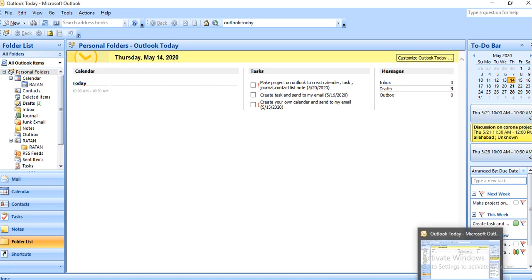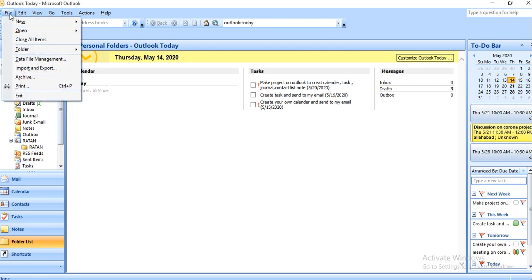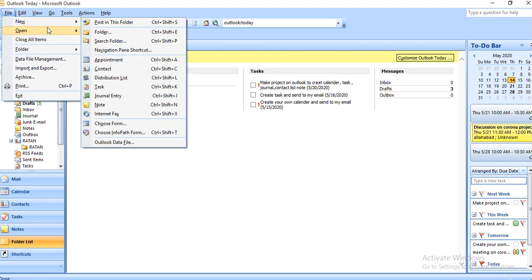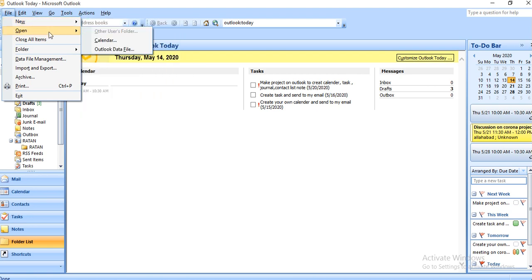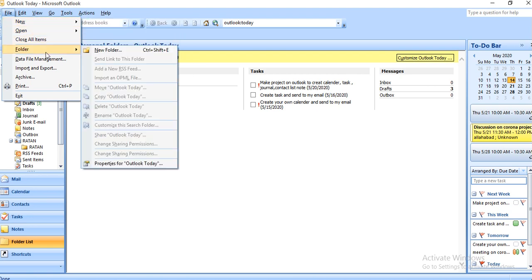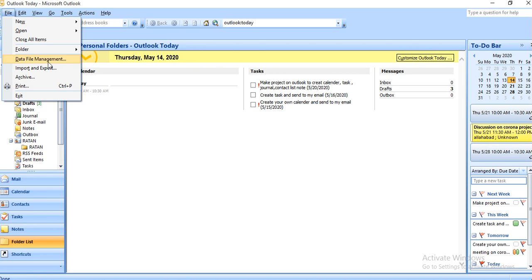From here you start Outlook, and yesterday I told you about the File menu, in which I can open new, open, old, make folder, and data file management, which you can do only when the data is there.